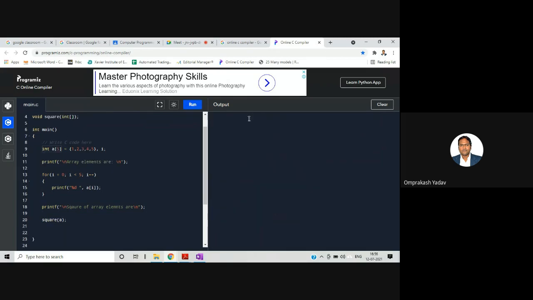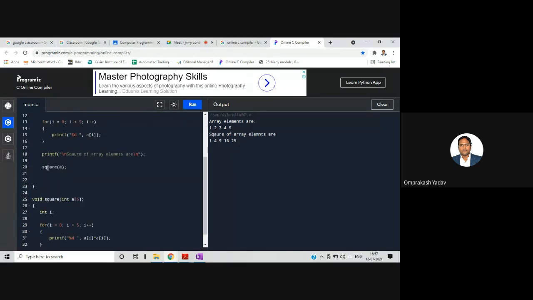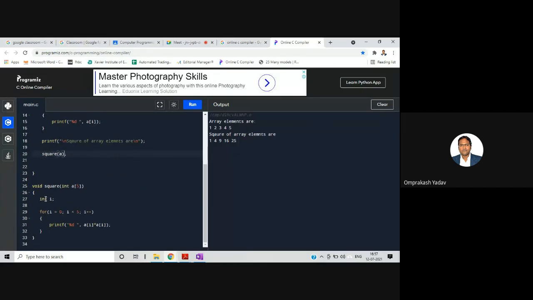Let me run this here. So if you see here, I have changed this parameter. I changed this prototype, and then 1, 2, 3, 4, the array elements are there, and I pass the entire array A to this particular function, and then I manipulated the elements. So with the help of the array name,